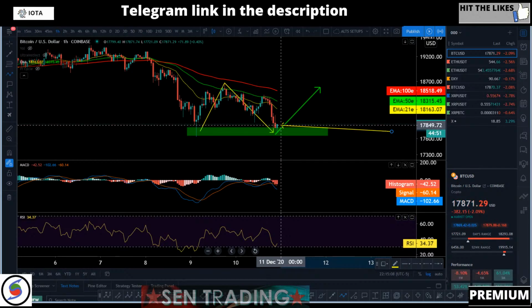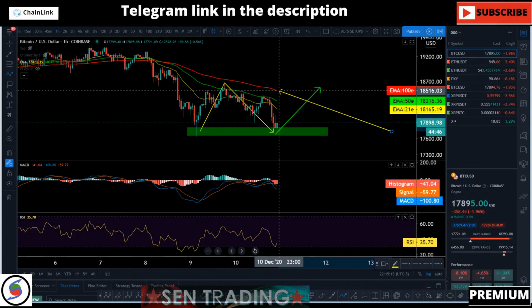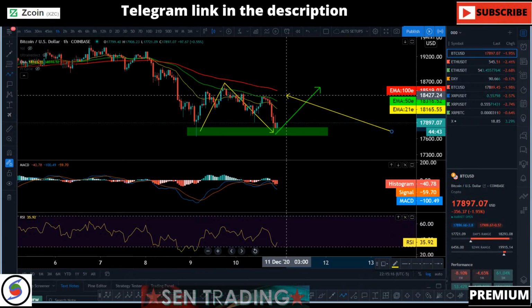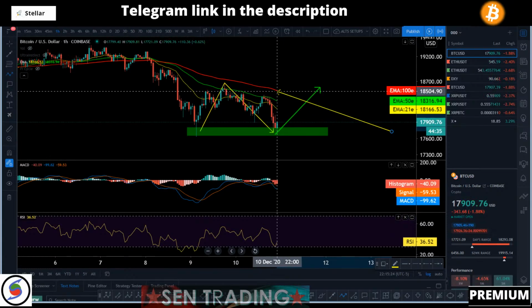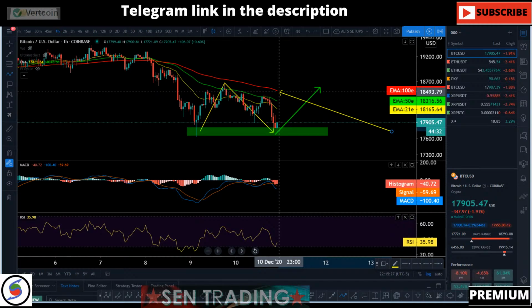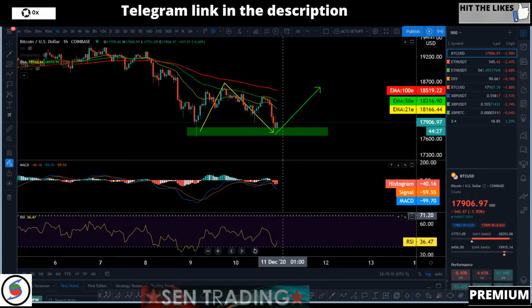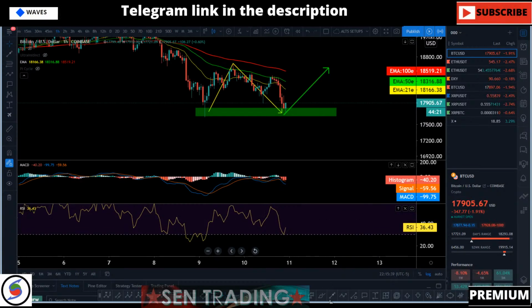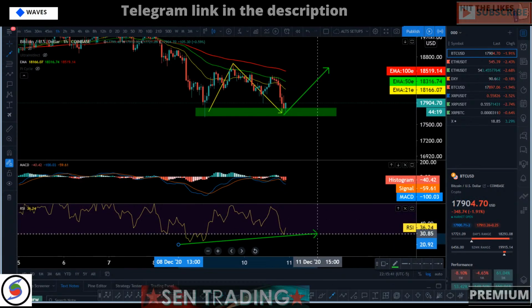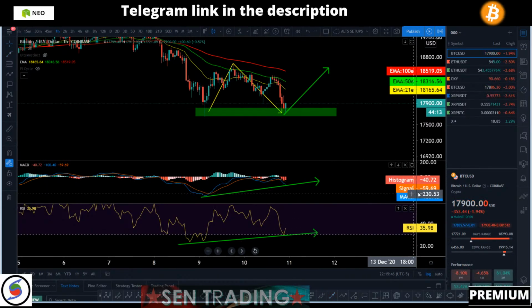So one thing we can anticipate is, once we push back up right here, 18.5, 18.4, the hourly 100 EMA, we could face another challenge. That's going to be the big test for the bulls to see if they're able to break above 18.5 and so on. Now you can see it looks like it's waking up. Look at it right here. Now we got something clean to brag about, if you're bullish.